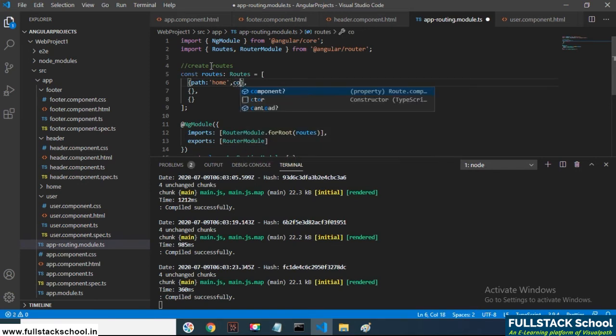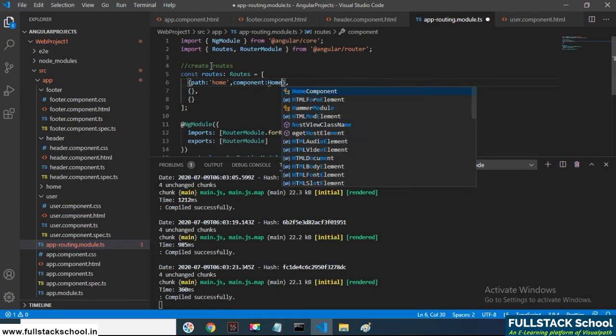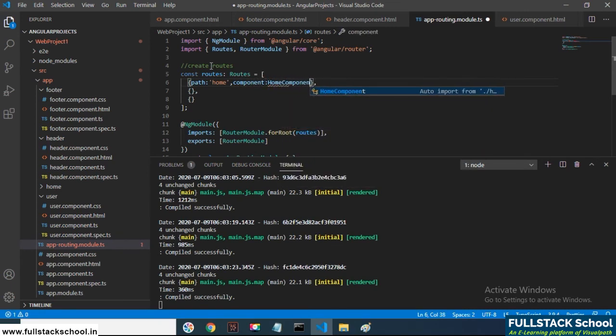Comma, component colon HomeComponent, and along with that we are creating one more route called user, comma, component colon UserComponent. Like this we are creating the routes.